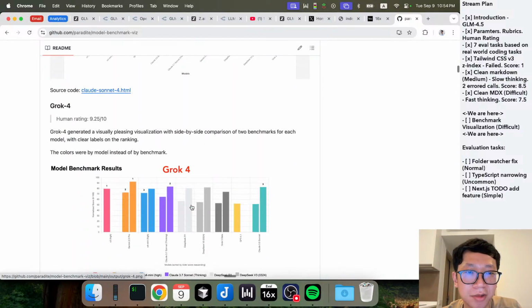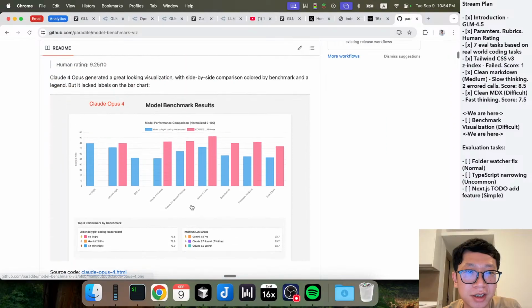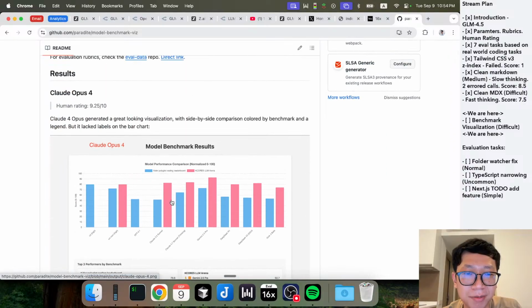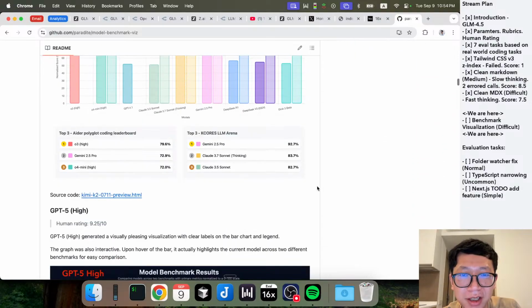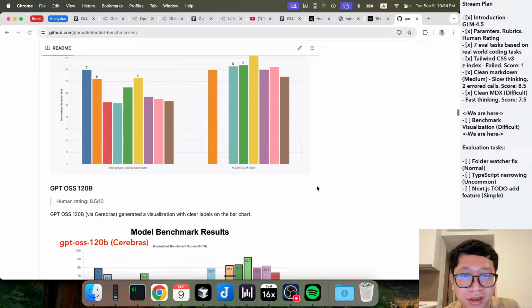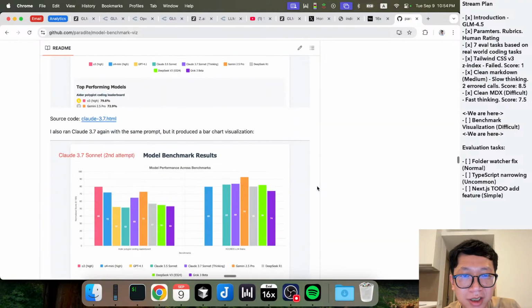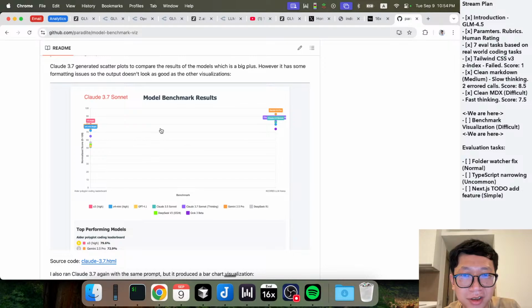I think the best ones are from Sonnet and Opus. So they have this side-by-side visualization that allows you to compare the relative performance of the same model for two benchmarks. So you can see if the model is doing very well for one but doing poorly on the other, so that will be a problem for the model. Yeah, and then on the bottom end we have models that didn't do as well, like I think this one is not particularly good,